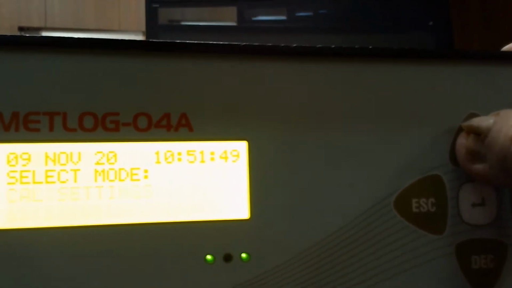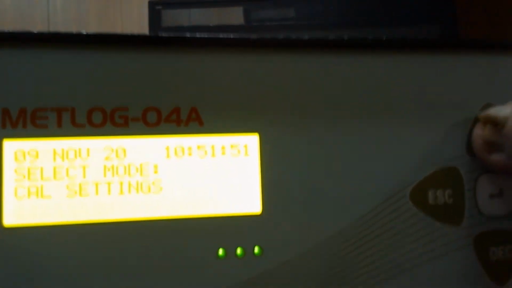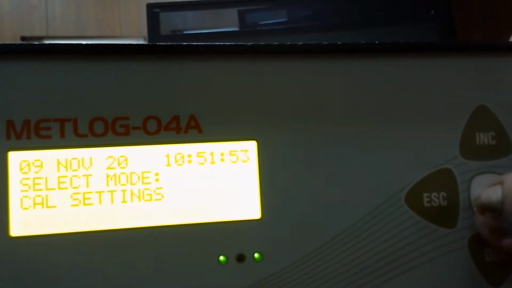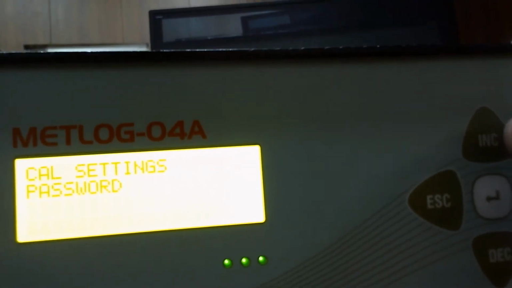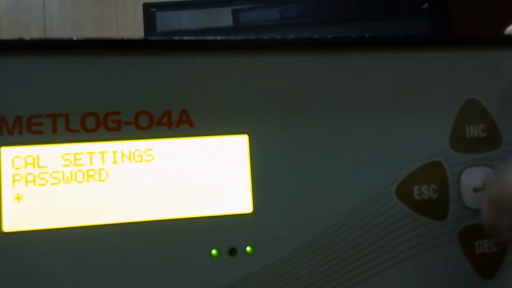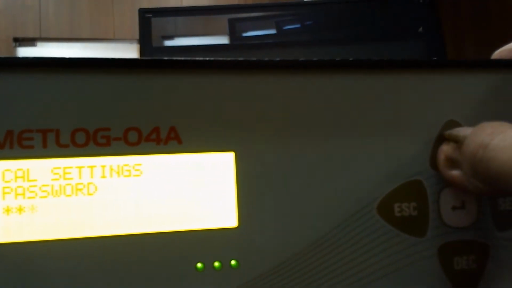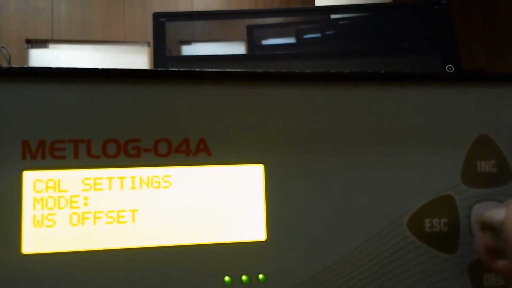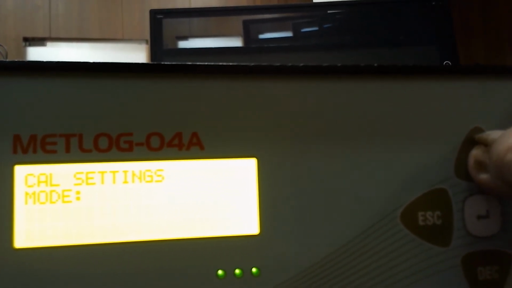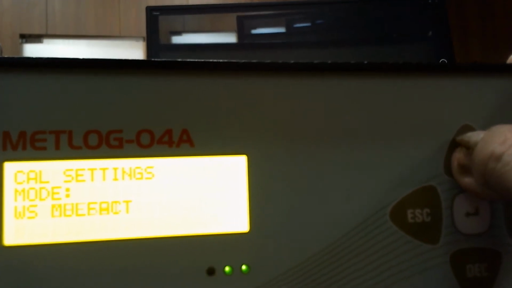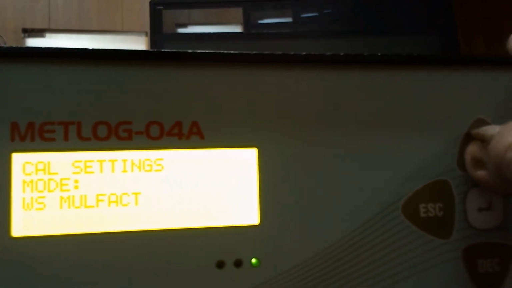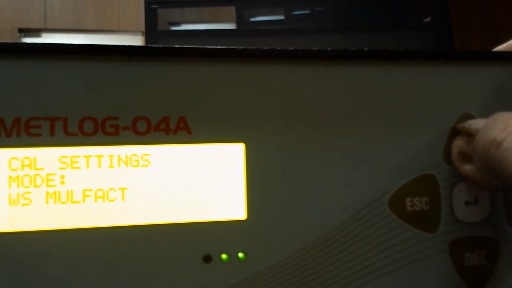That time you make use of these calibration settings. So press enter. Password, again I have told you: increment, decrement, increment, decrement. So first is WS offset, meaning wind speed offset. Then the next one is WS mull fact, need not be changed.